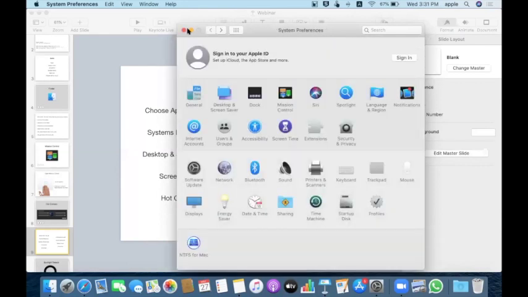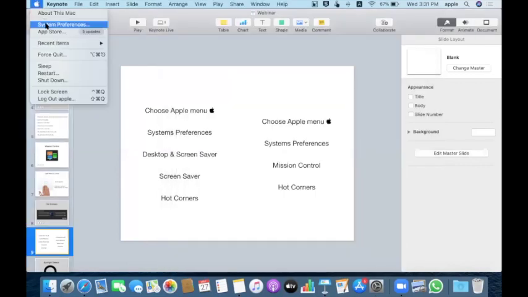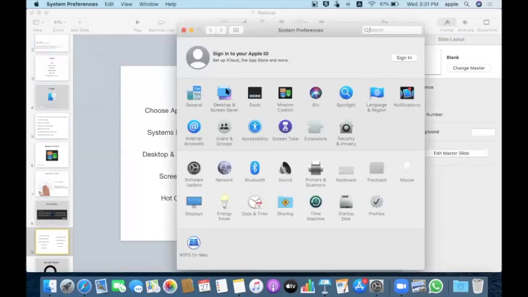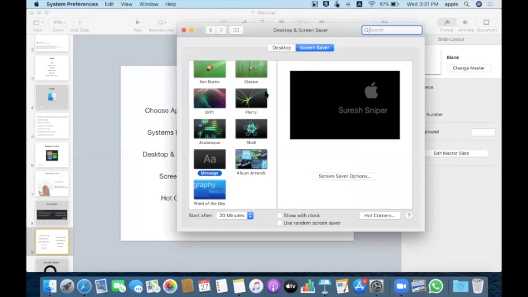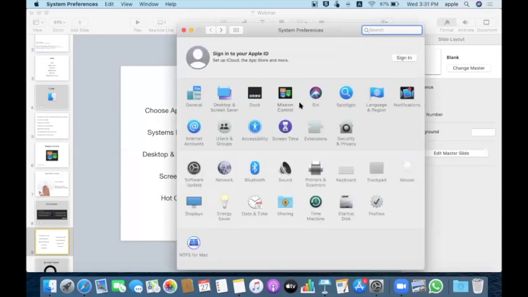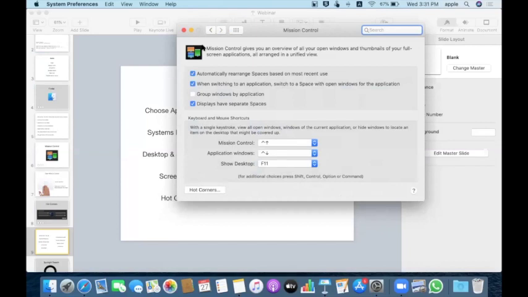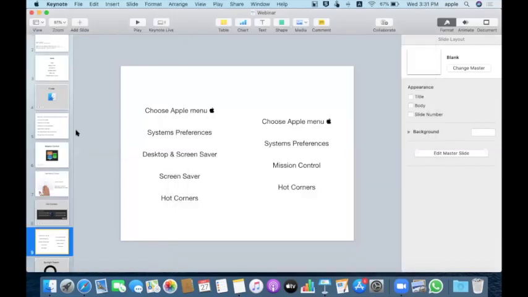That setting will be available in Apple icon, System Preferences. In Desktop, under Screen Saver, you will have the hot corners option. Otherwise, you can go to Mission Control, hot corners. You will have this option to trigger hot corners.